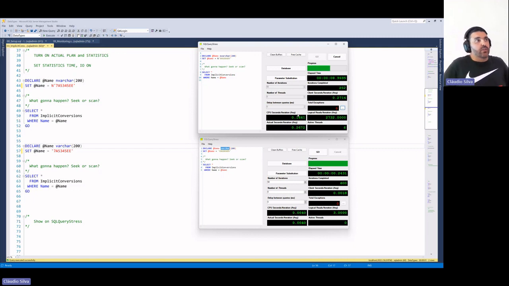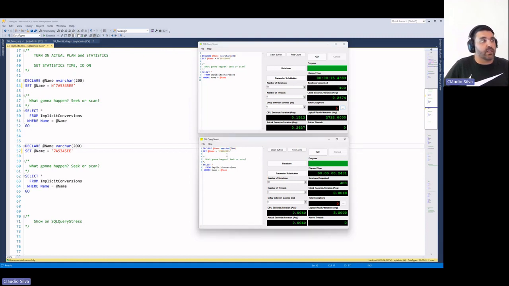Okay, so this is the SQL Query Stress tool. You can throw here some queries, you connect to a database, you can say how many threads you want. I'm saying 8. I can also say how many iterations I want that each thread do the call of this query. And when I hit go, I have 400 executions in 15 seconds.